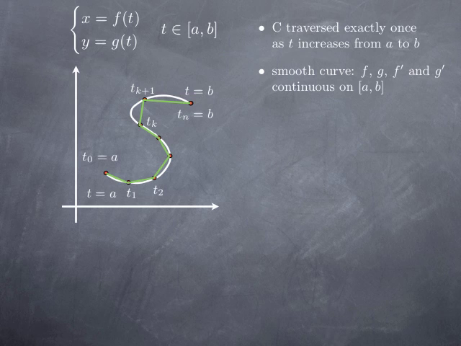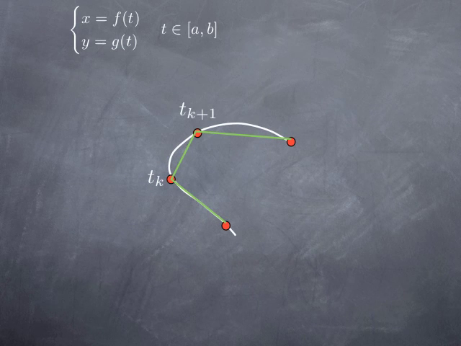And the approach will be to increase the number of points on the curve in order to get a better and better approximation of the actual length of the curve by the length of a polygonal line, for which we can do calculations. So how do we calculate the length of this polygonal line? Of course, the length is going to be the sum of the lengths of each line segment that joins two consecutive points. And to do that, we're going to focus on one and zoom in on that and see what we can do. So between two consecutive points tk and tk+1 in the partition of the interval [a, b] for the parameter,